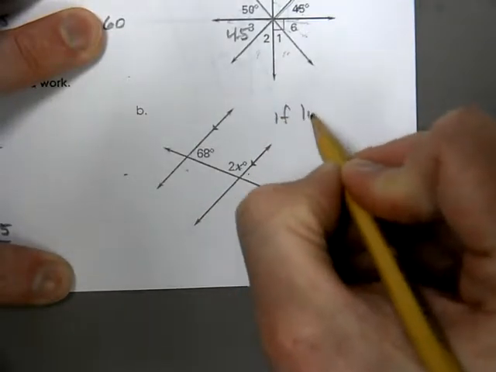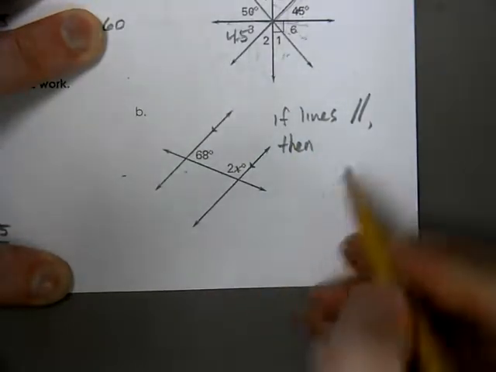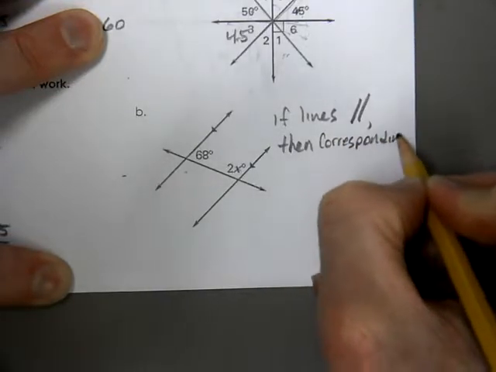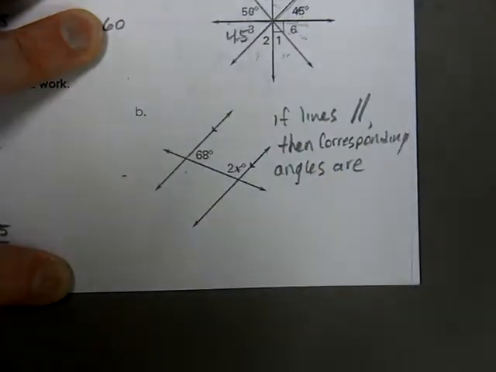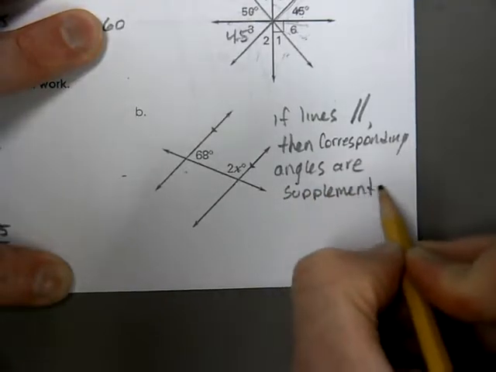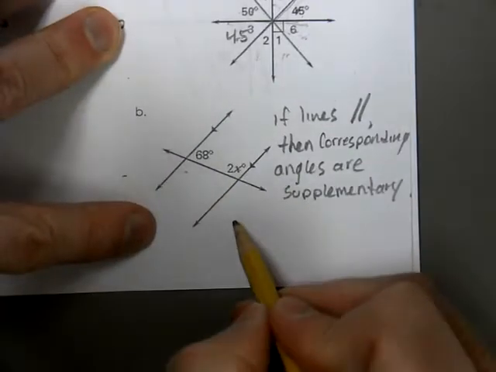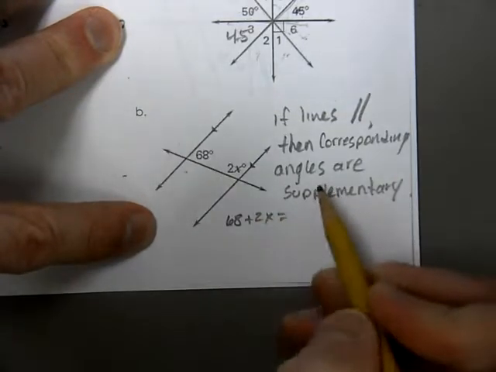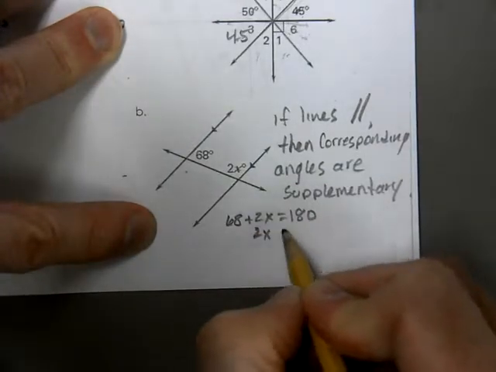So if lines parallel, then corresponding angles are, gotta be careful with this one, supplementary. They're not equal to each other. Only in a rare case are they equal to each other. The lines would have to be perpendicular to the transversal. So they are supplementary. So then we're going to subtract over the 68